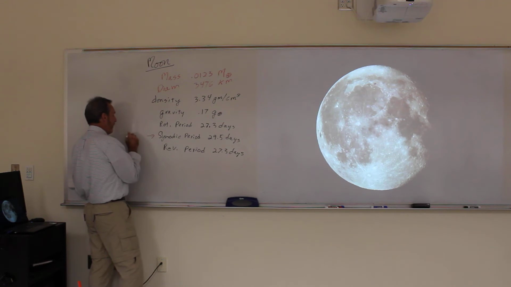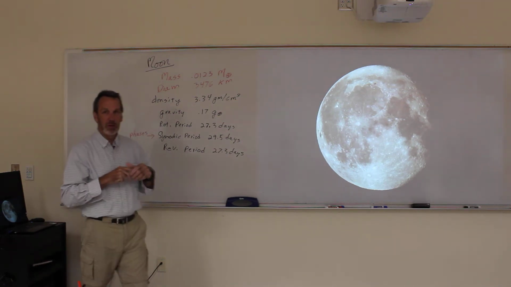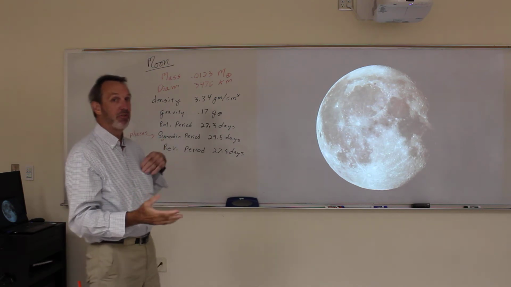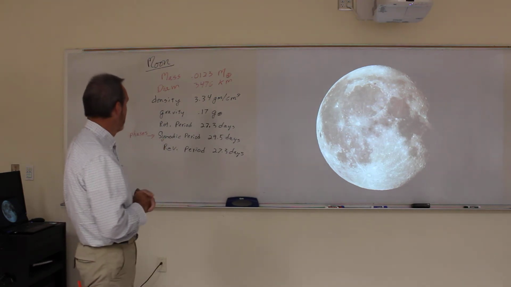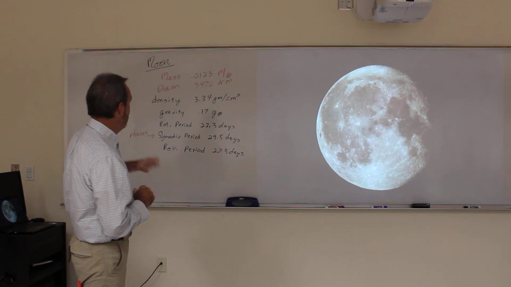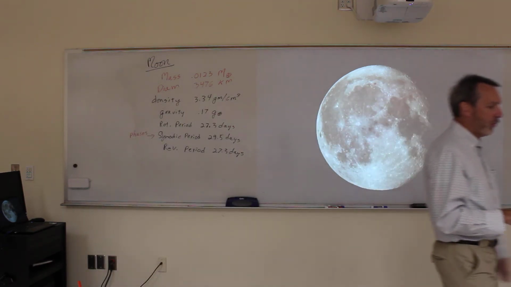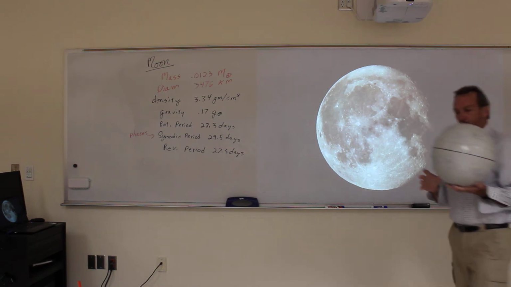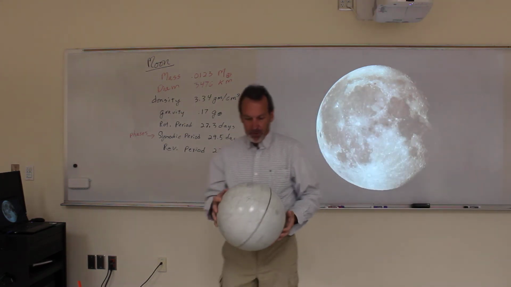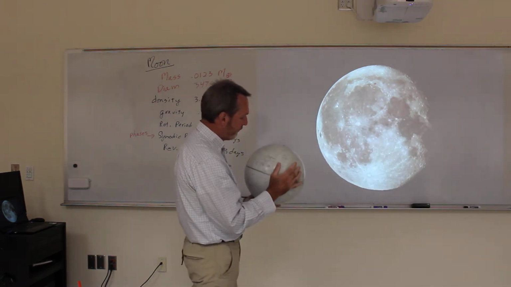Synodic period is by phases. So if you go from full moon to full moon, it's about 29.5 days, close to 30, which is where our months came from. But rotation period is how long it takes to spin once on its axis. Now, this is confusing a little bit because we aren't used to this idea, but here